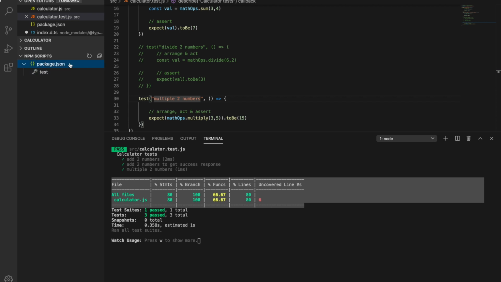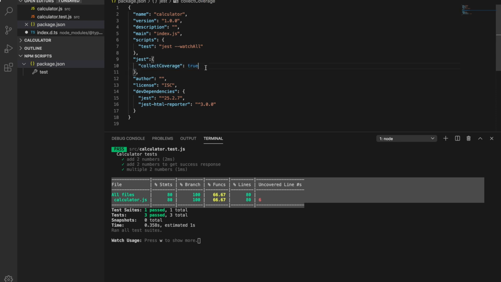To do that, simply open this package.json file again, and we have to define a coverage reporter here. So I'll use the property coverage reporter, and you can write using a coverage reporter called lcov.